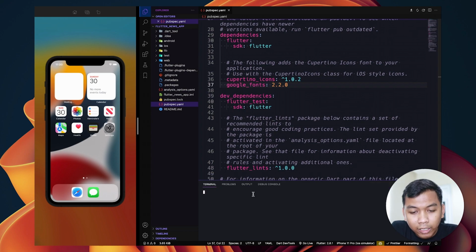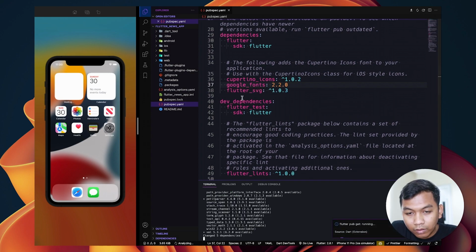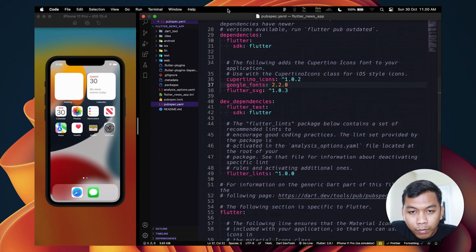For Flutter SVG, I just add it from the terminal with flutter pub add flutter_svg. And as we can see, Flutter SVG is added, and close pubspec.yaml.